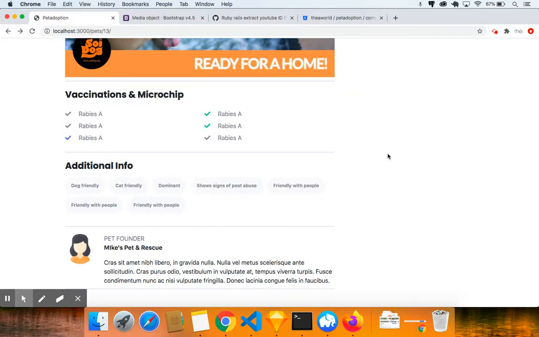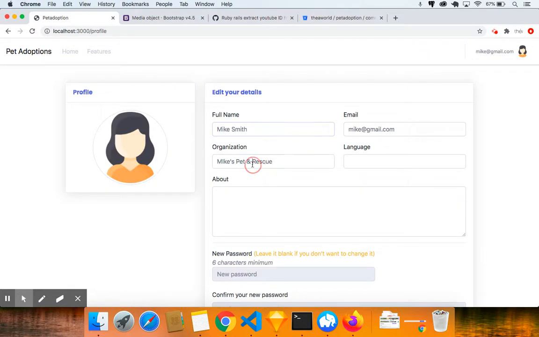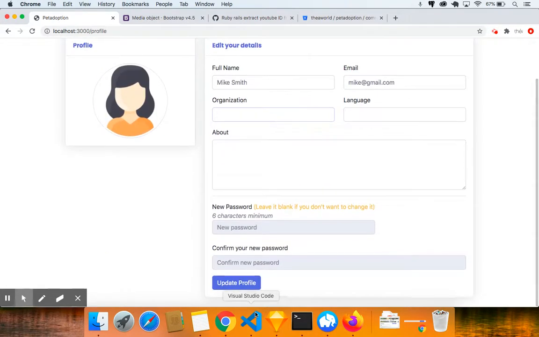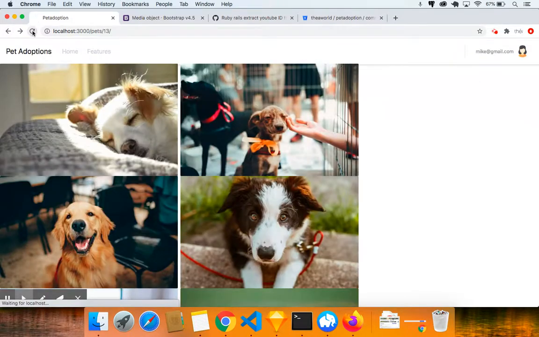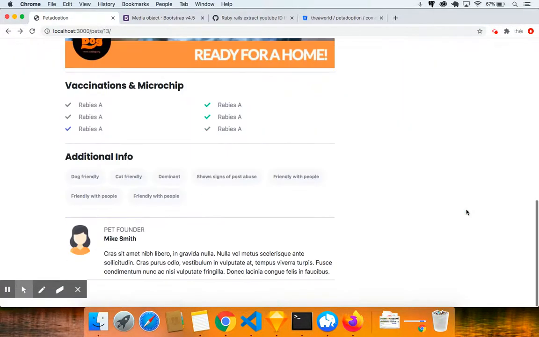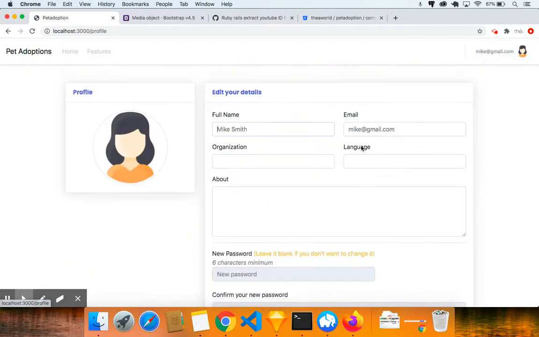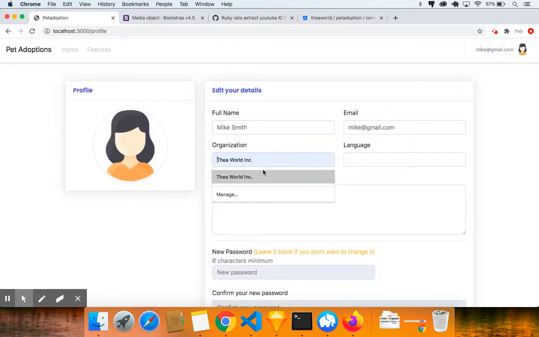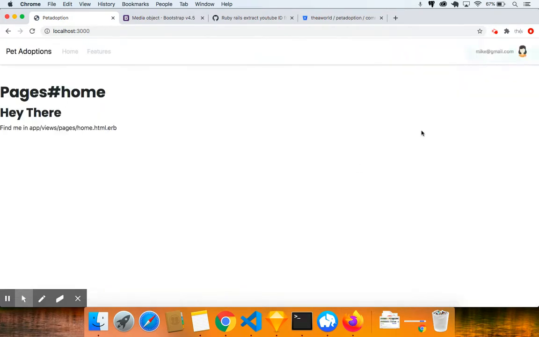Okay, and if I come back to edit the page of Mike and I remove this Mike's Pet and Rescue and I update the profile, and again I'm going to come back here and don't just refresh it, you'll notice here it will say Mike Smith. Now I'm going to just edit the profile and I'm going to put Mike's Pet and Rescue,